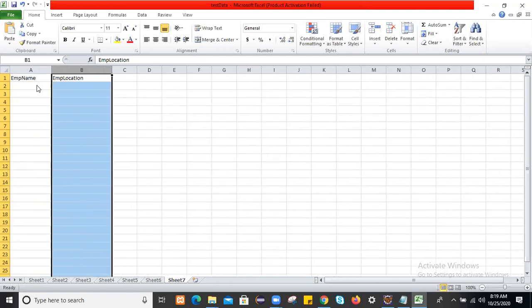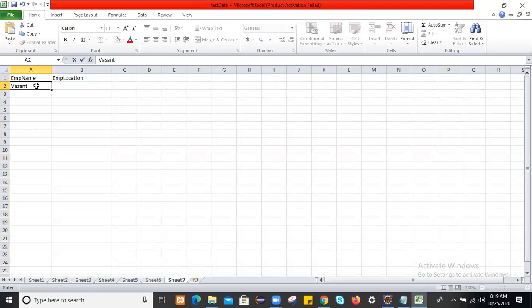Let's say employee name Vishwa, location Pune. Ankita, location Hyderabad, HYD. Raman, location Aurangabad. Like that, this is the data we want to read.